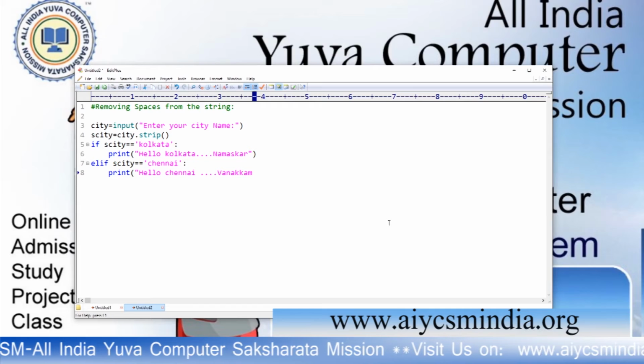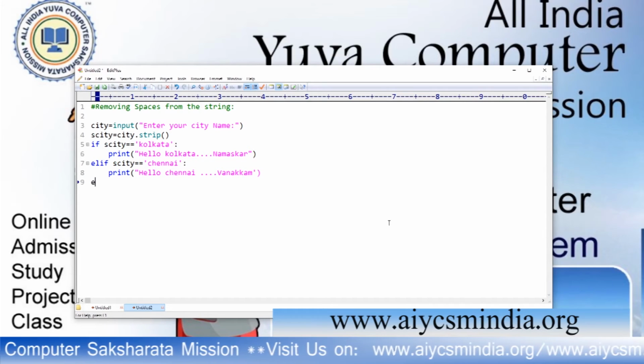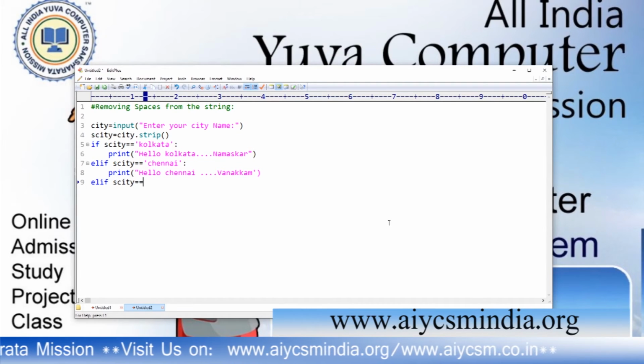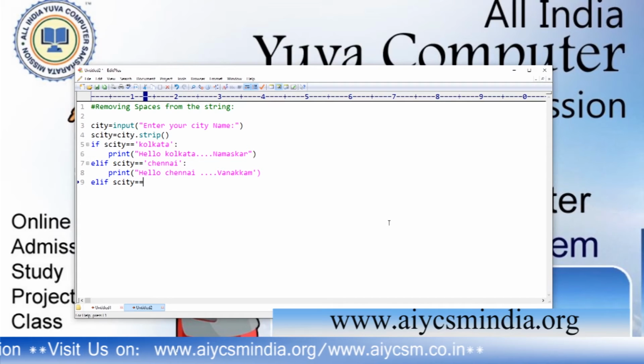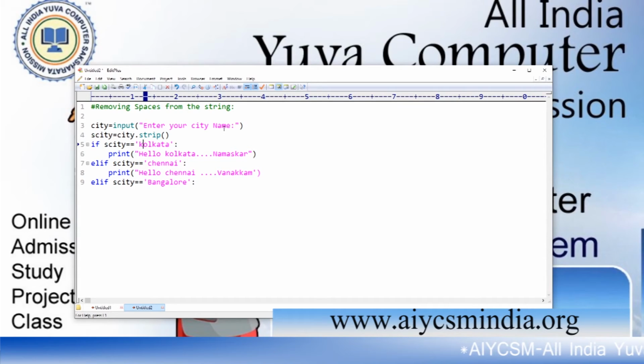Okay. Again elif scity double equals Bangalore. You can write it in capital, the B is capital.